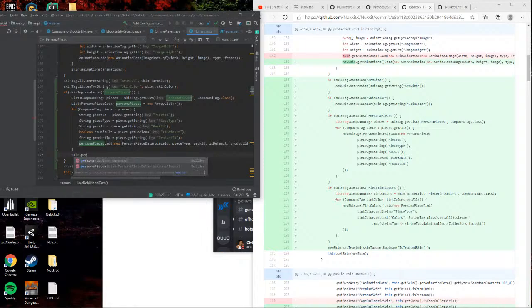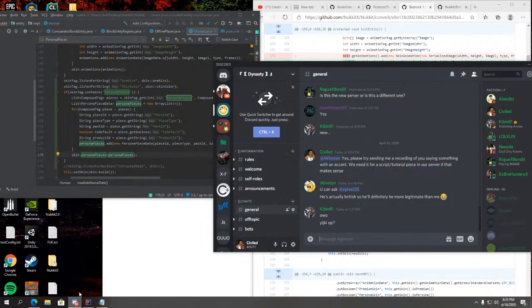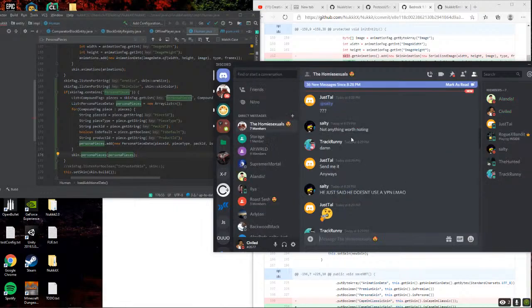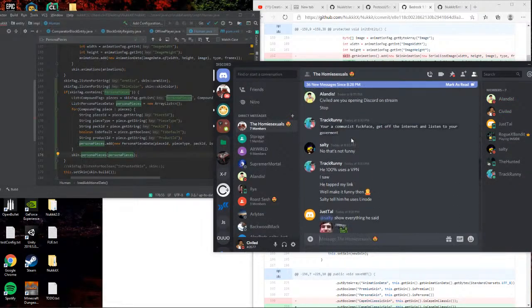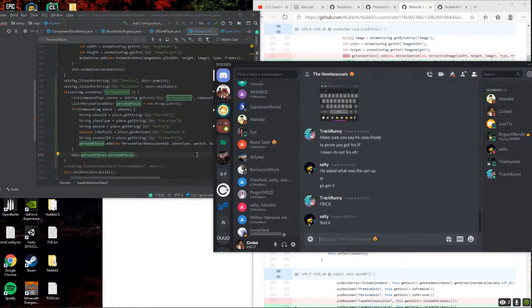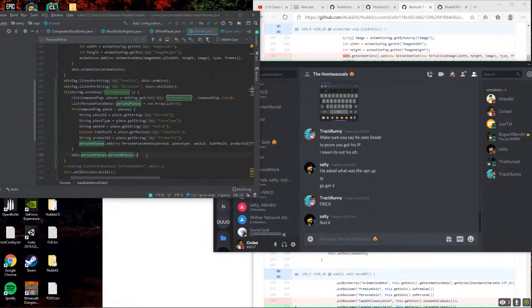Skin dot persona pieces is persona pieces. Bam! Tal, I'm a freaking god at this stuff, apparently. Alright.